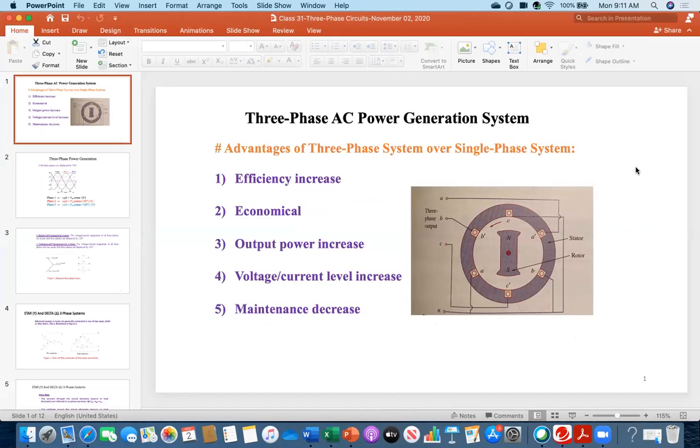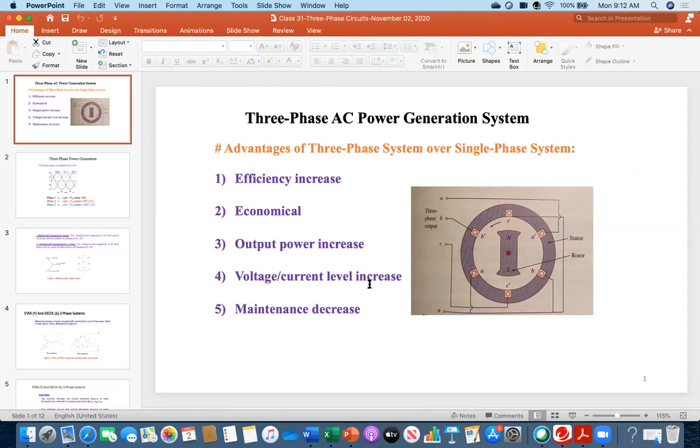Today I start the new and last chapter for this course, which is the three-phase AC circuit. So far, we have discussed single-phase AC circuits, but in real practice, in a real power plant, that is the three-phase system. Once it comes to our home and industry, those are single phase, and there are some examples of three phase. And of course all the overhead lines, distribution lines, transmission lines, those are mostly the three-phase system. So that is the reason we will be looking at the three-phase AC circuit.